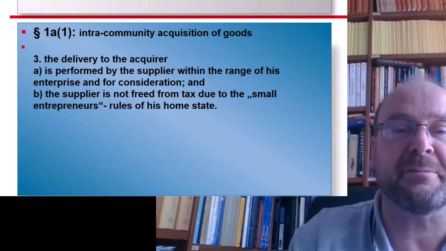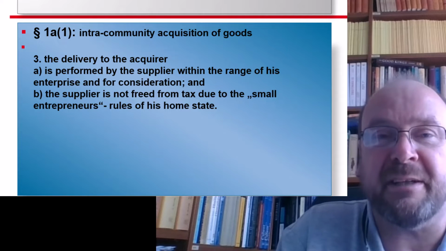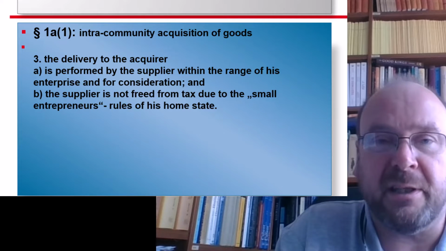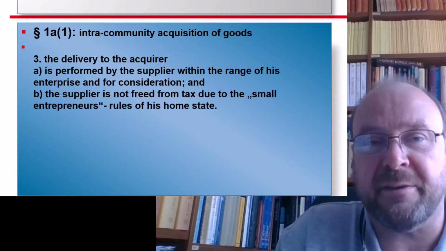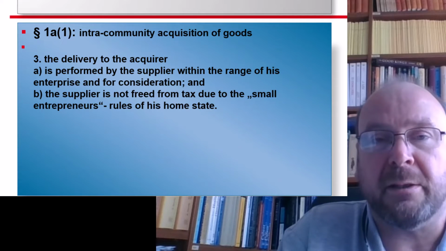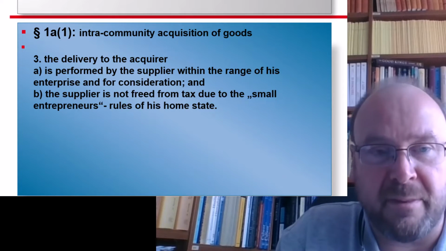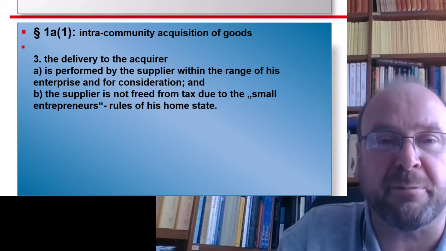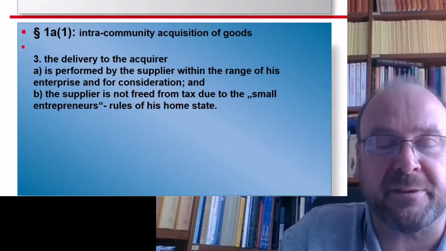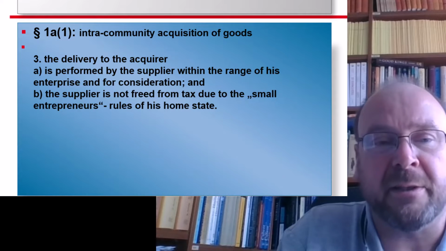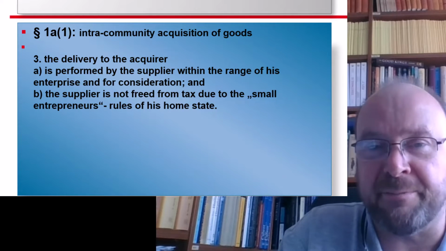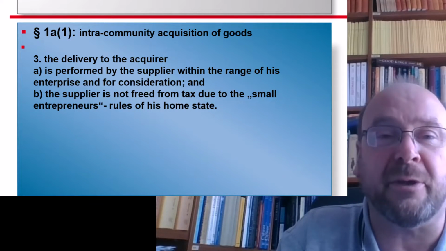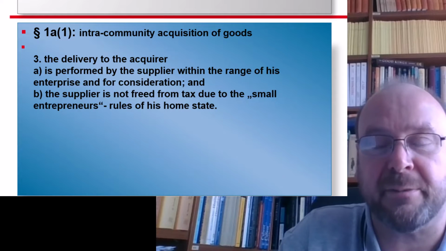And a third condition is something which is so evident that we probably never thought about it. VAT transactions are only taxable if the supplier, the deliverer, is an entrepreneur. So naturally, that should also be a restriction in a cross-border situation. If a private person sells something second-hand or so, this should not trigger VAT. And so the intra-community acquisition of goods is also limited to cases where the deliverer is an entrepreneur, and not a small entrepreneur, but a regularly taxed one.